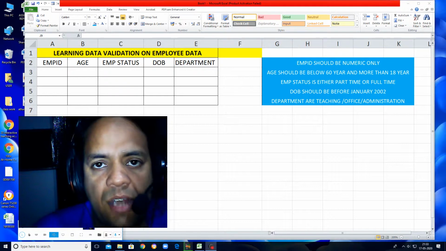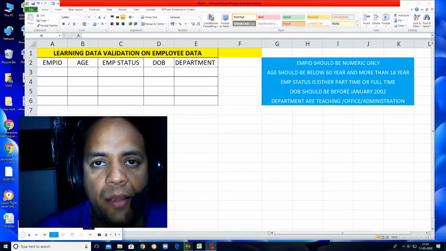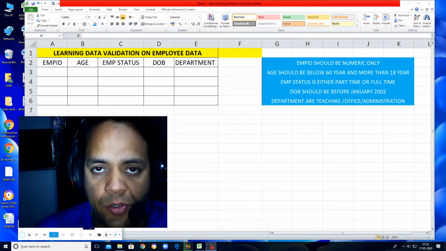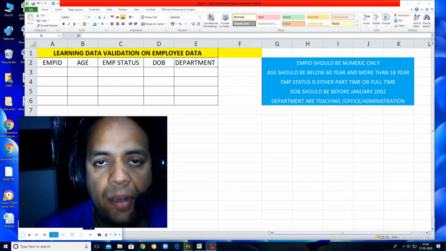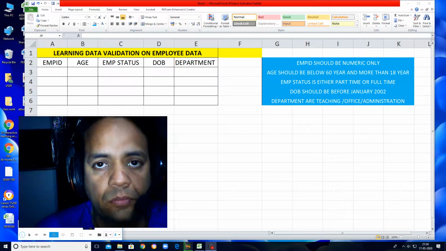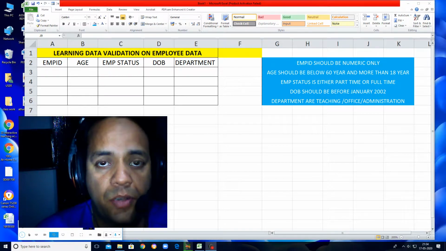Welcome to the revision class of data validation in Excel. Data validation in Excel is a very important feature provided by spreadsheet software Microsoft Excel. It stops wrong entry in the columns. For example, a person cannot enter any text value in the age, in the salary, in the mobile number. Even as a typing mistake it is not allowed.